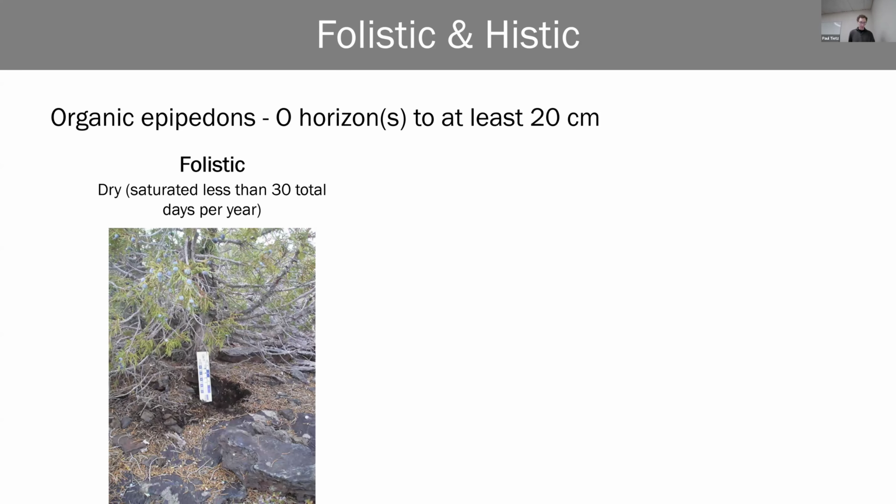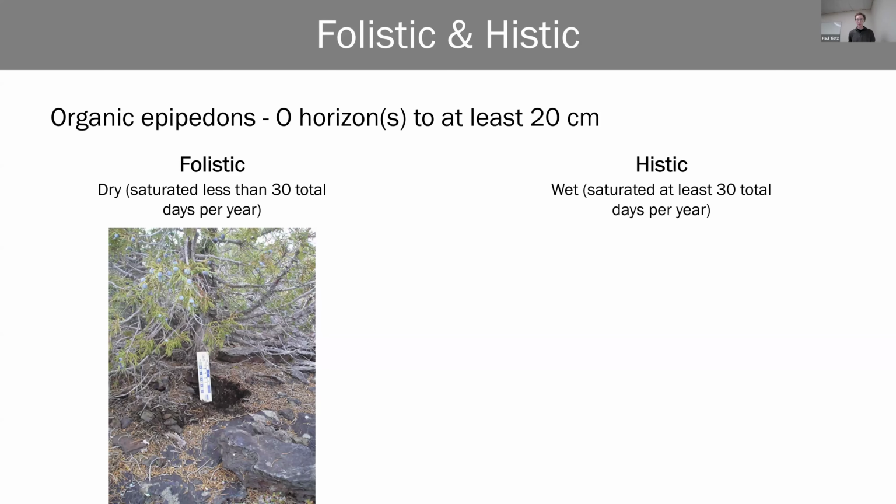An example of a folistic epipedon is from a soil development study that a PhD student here at the U of I did maybe 20 years ago at Craters of the Moon, a really young, recent landscape to study soil development on. Some of the first soil horizons to develop out of this basalt R horizon would be an O horizon of organic material from these plants that are able to grow and colonize the landscape. Once enough organic material is there to be an O horizon, it's going to stay pretty dry and technically be a folistic